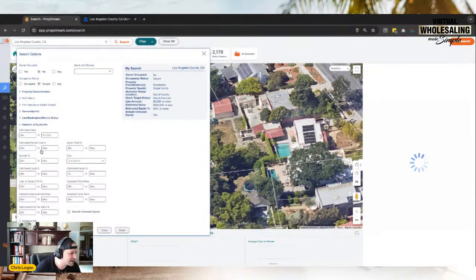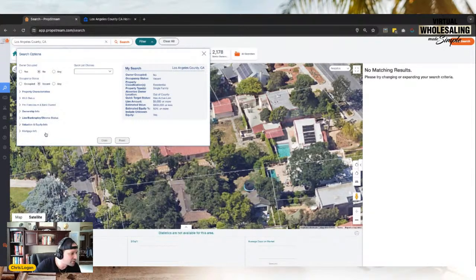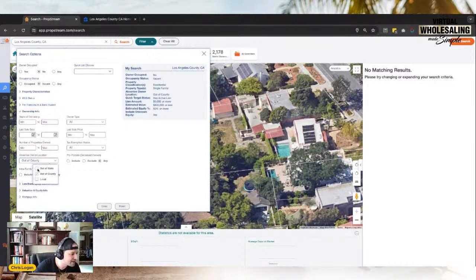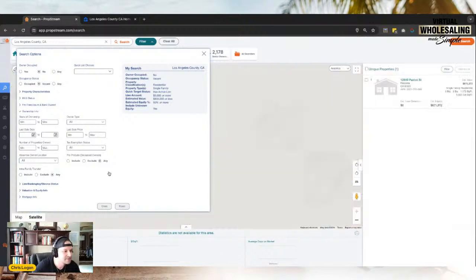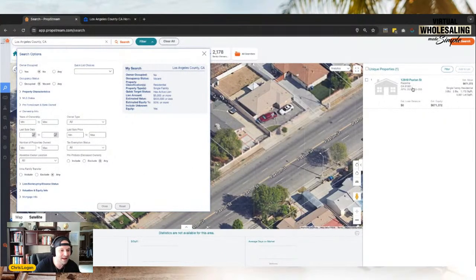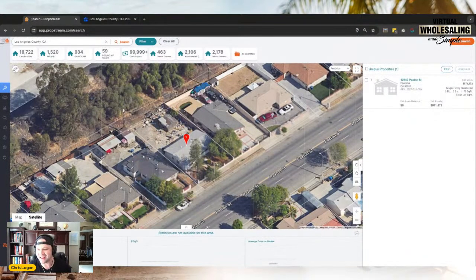So then we'll come over here and we're going to go to ownership information. And I'm not going to select that, I'm just going to select all. And look at that. We got this property right here. So that is probably a motivated homeowner. Okay. So now you guys know how to get leads, right? So now what you have,